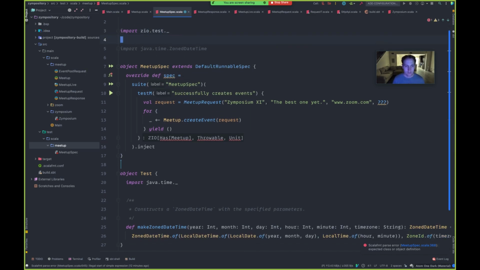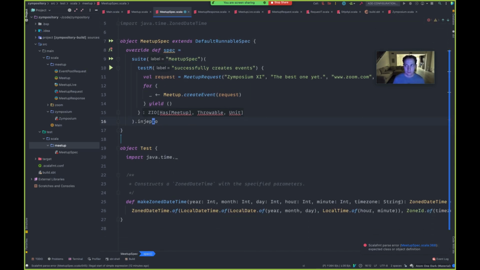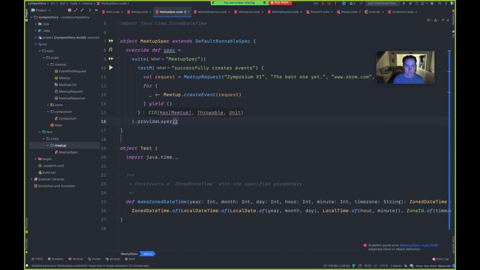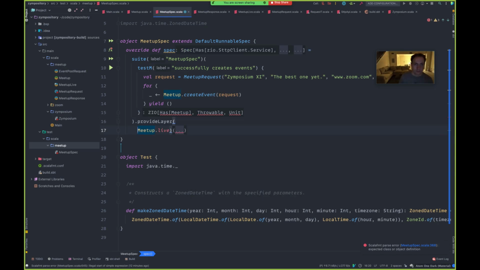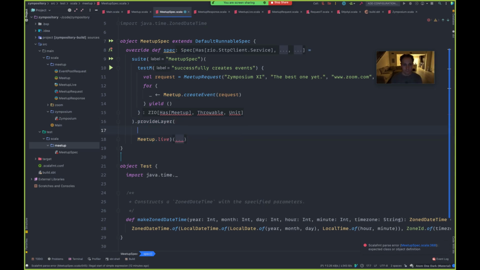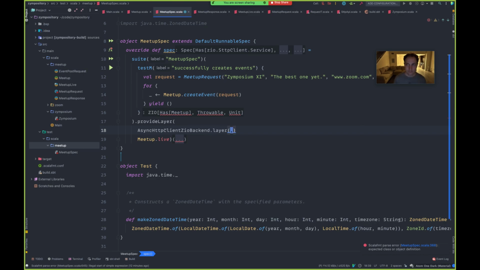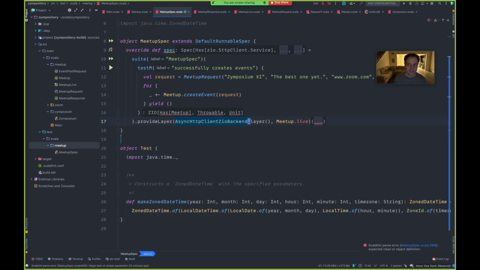Actually, I don't have ZIO.magic. That's fine. I'll just do provideLayer, and this will just be Meetup.live. Oh, and this needs its own dependency on the ZIO async HTTP backend client layer. There we go. Oh, and then I need to actually plug that in. It's not the magic version.